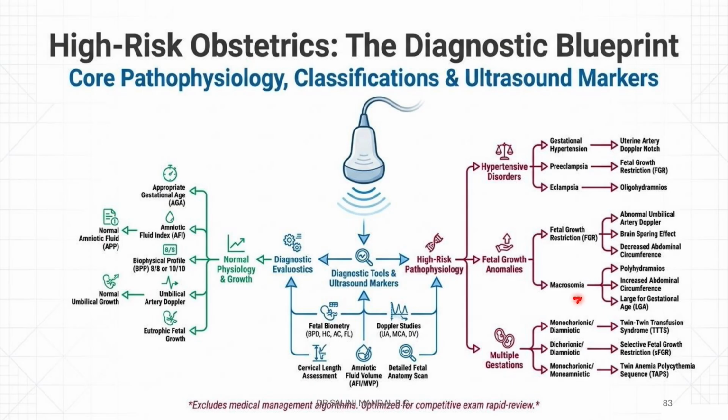If a baby is having macrosomia, going to have polyhydramnios, increased abdominal circumference, and large for gestational age. Okay, coming to multiple gestations, in which we can see twin transfusion syndrome, selective fetal growth restriction, and twin anemia polycythemia sequence. This and all will be there in case of our